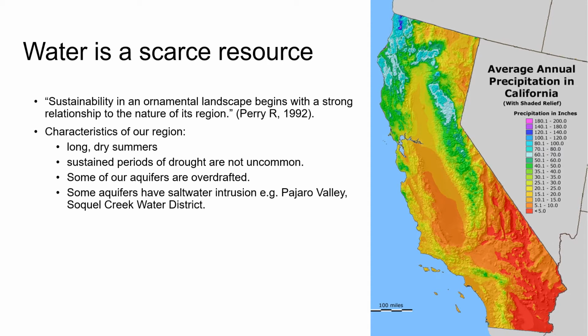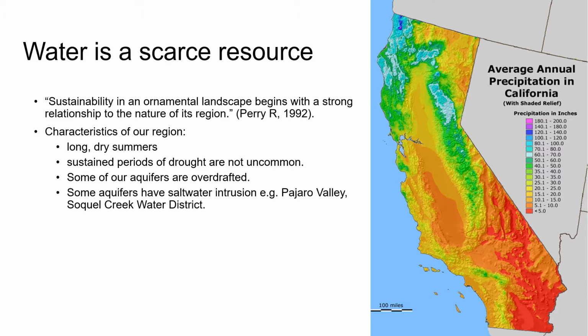In Bob Perry's 1992 book, Landscape Plants for Western Regions, he writes that sustainability in an ornamental landscape begins with a strong relationship to the nature of its region. The main factor influencing the nature of our region is, of course, our Mediterranean type climate with its long dry summers. But part of the nature of our region here in California is also the unreliability of our water supply